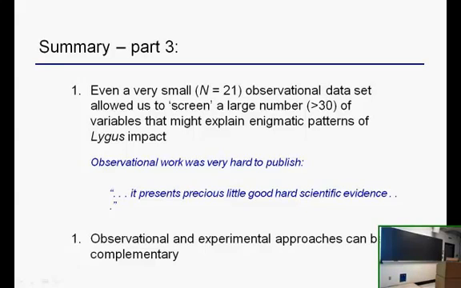Don't try and publish in Science with that data. This was not science I was trying to